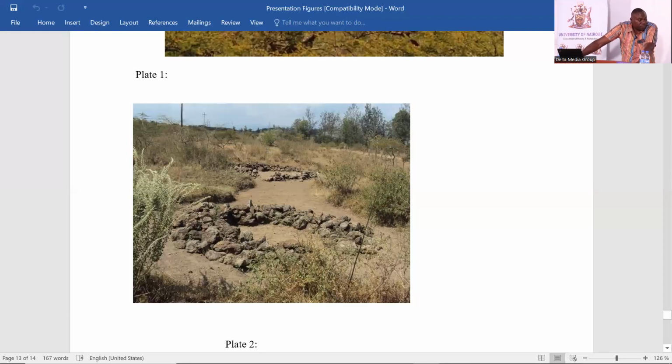It's not located far away from these features, which means that this Neolithic cemetery was actually used by the occupants of these occupational floors. So the closeness to the occupational floors suggests that it had some social connection with the people. The Neolithic cemetery, which is not captured in this photo, is within the same spatial location as the occupational